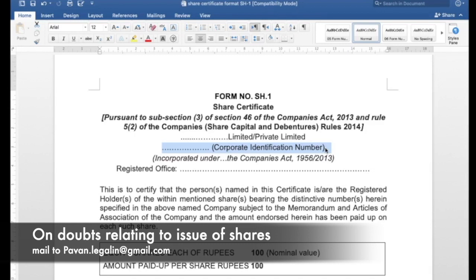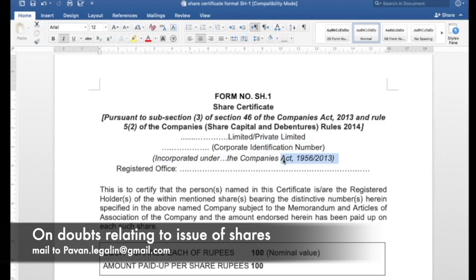It is basically a 21 digit number, followed by your CIN number, and then comes the line saying the company is incorporated under the Companies Act 1956 or 2013. So if your company is registered on or before 1st of April 2014, you will have to mention 1956, and if your company is registered after 1st of April 2014, then you will have to mention 2013, because with effect from 1st of April 2014, the 1956 Act was replaced by the 2013 Act. So based on the date of incorporation, this particular line will differ,